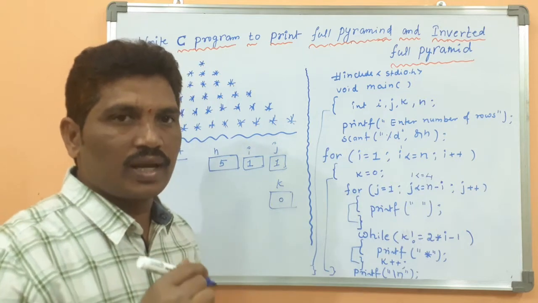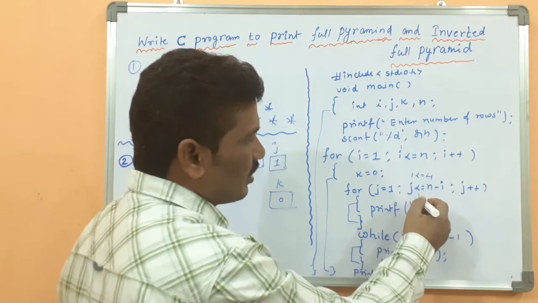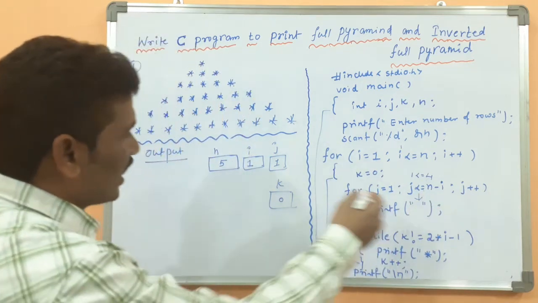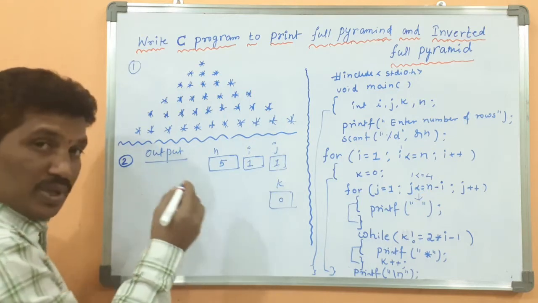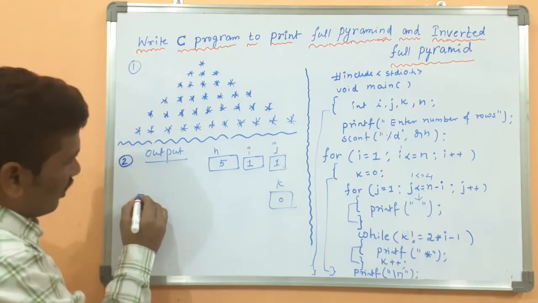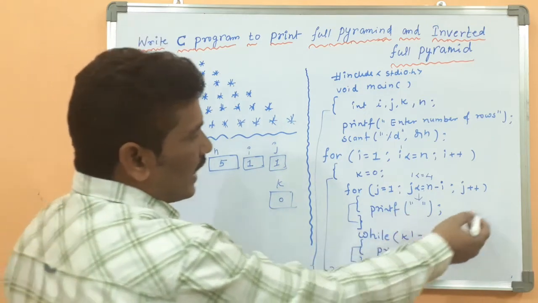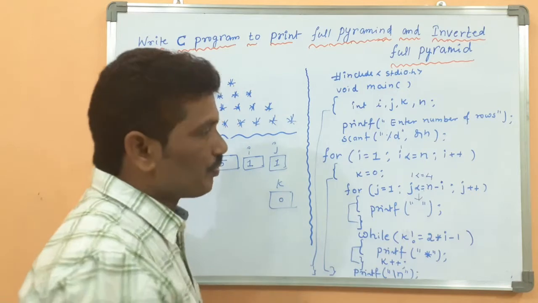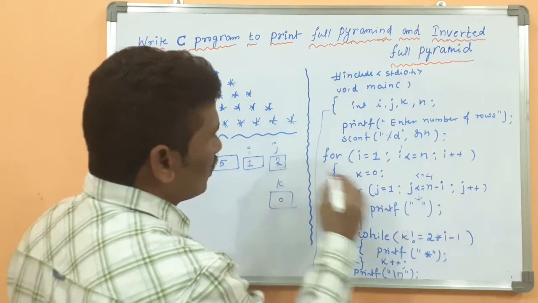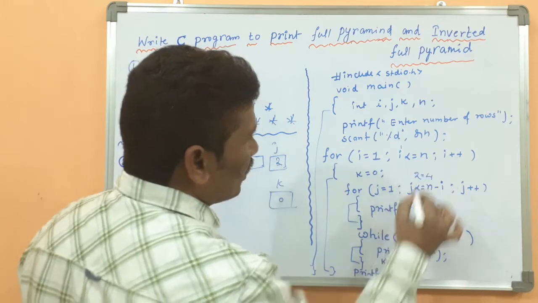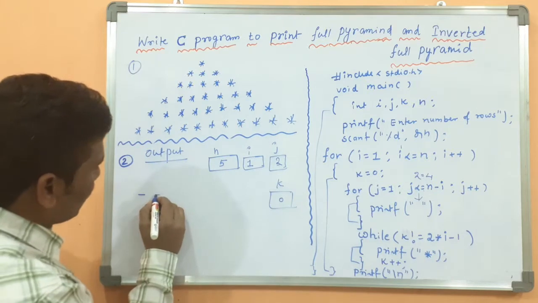The expression returns true. Because the expression returns true, this statement will be executed. Then a space will be printed. Here space can be represented as a hyphen, because after that I will remove the hyphen. Then j value is incremented by 1. Now j value becomes 2. Then 2 less than or equal to 4, the condition is true. Then again another space will be displayed.